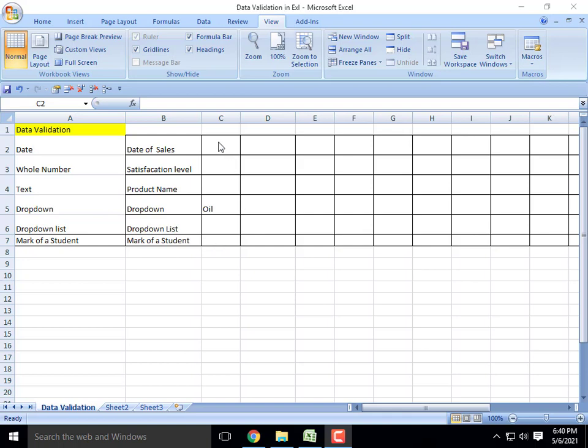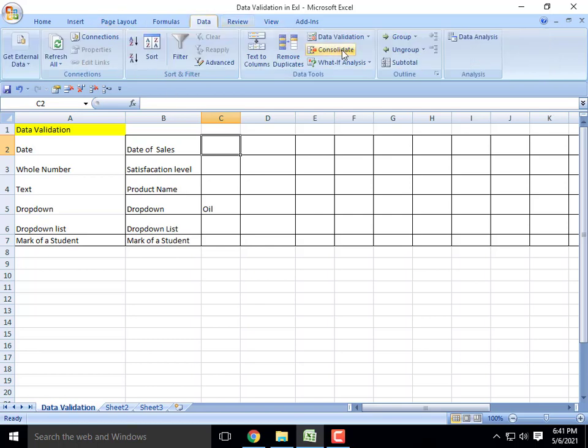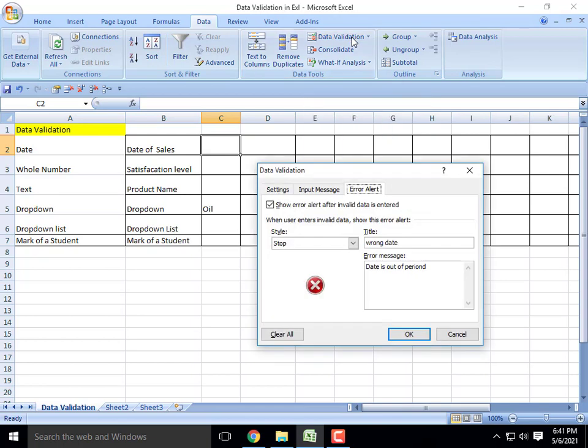For example, I want to enter a date of sales between 1/4/2020 and 31/12/2020. If I enter any date below or above these dates, the data should not be accepted. So what I want to do is click Data and go to Data Validation.